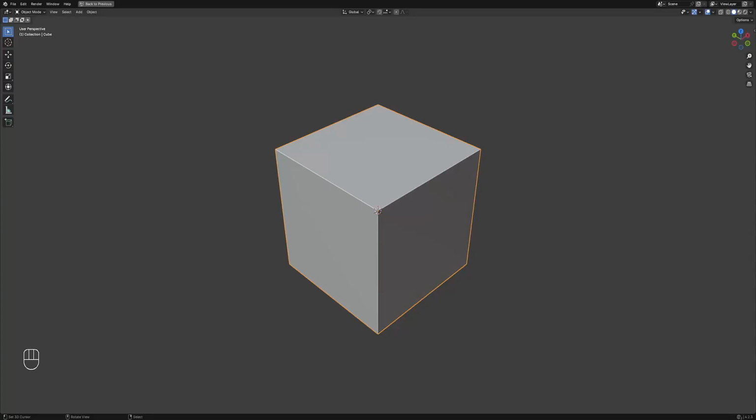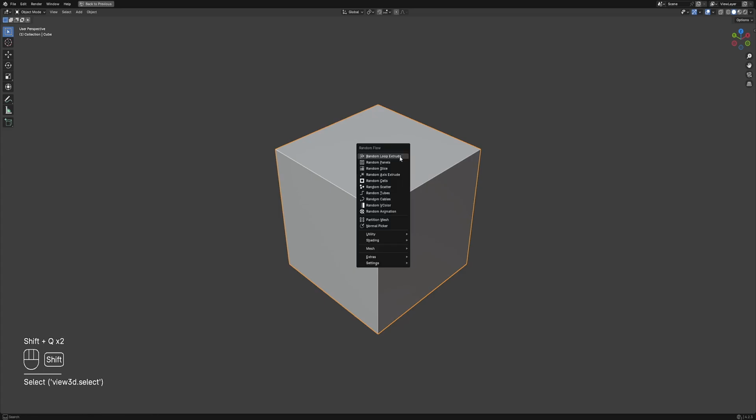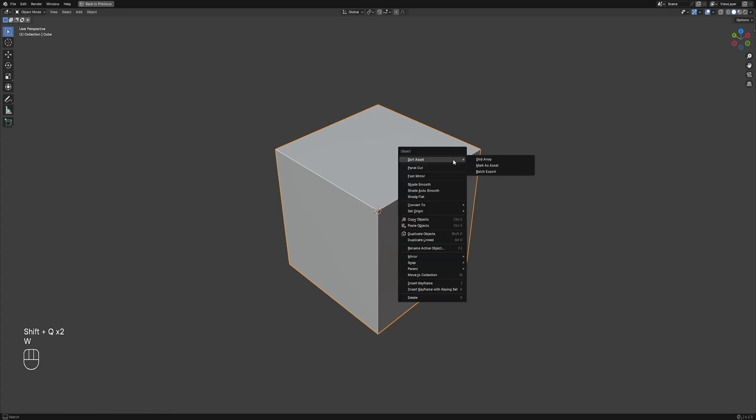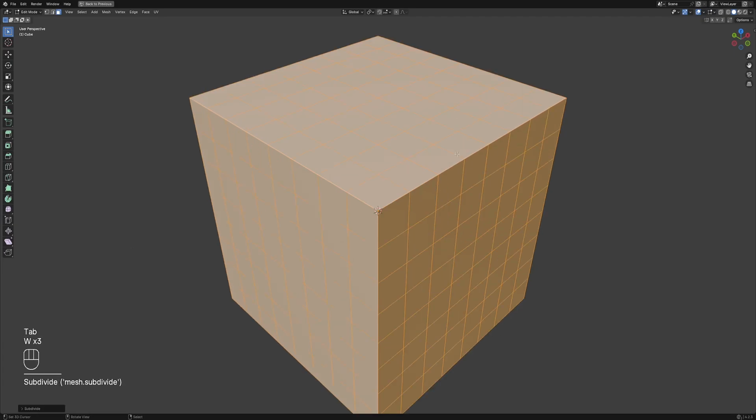Hello everyone. In this video, I'm going to show you a few more enhancements I did for the add-ons for the next update, and that will be for random flow and also panel cut or panel cutter. So with panel cutter,